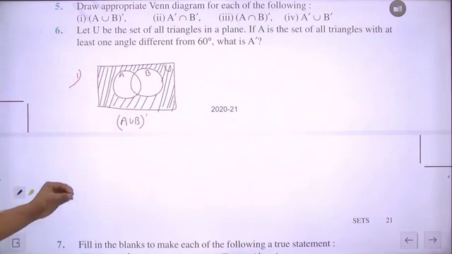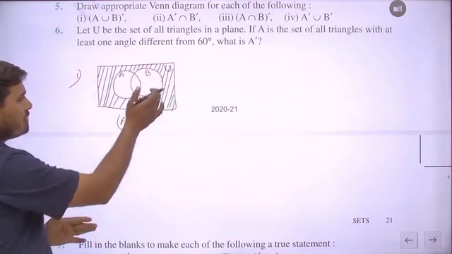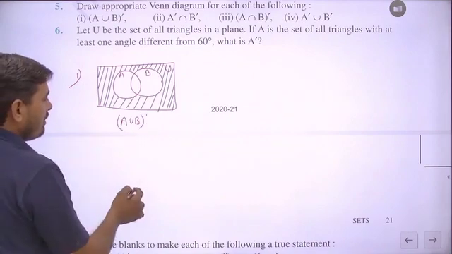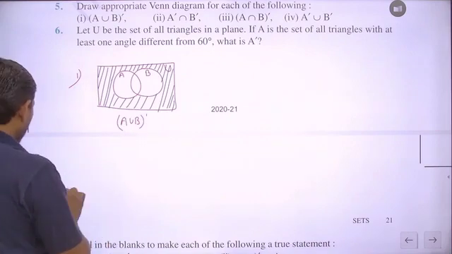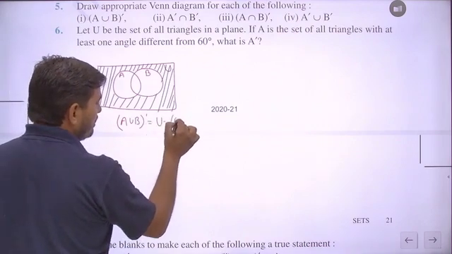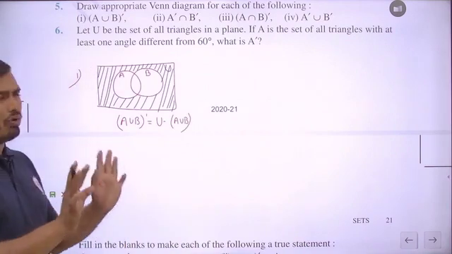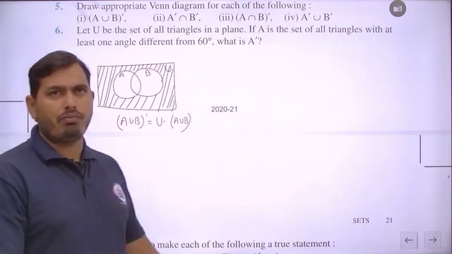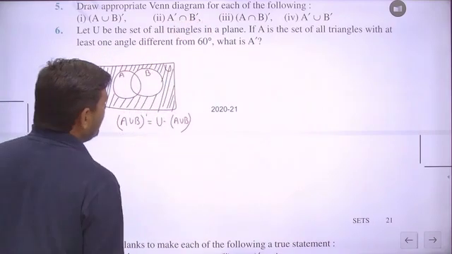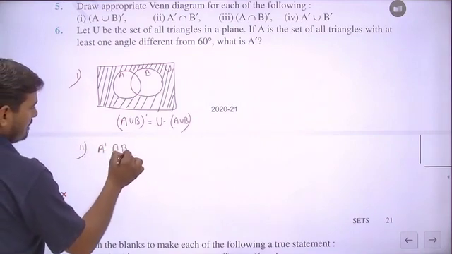So easily you can make the Venn diagram of A union B whole dash, where A union B, first of all we have to search, then all the area of A and B is included, but dash means we have to write the given expression like this. This is U minus A union B. So we have to take the elements of U only, and not the elements of A union B will be taken here. Is it to be clear? The next is A dash intersection B dash. No problem.